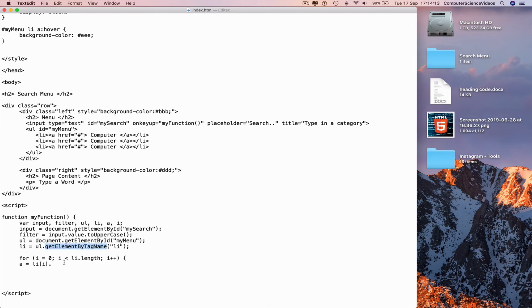Take the line of code from top, parentheses, speech marks A, square brackets 0, semicolon, go to a new line, indent, and then type in if, curly brace, a dot innerHTML dot toUpperCase, parentheses dot indexOf, filter, within parentheses is greater than -1,